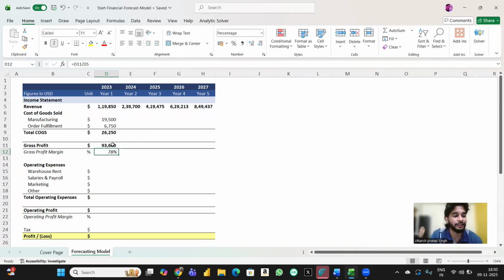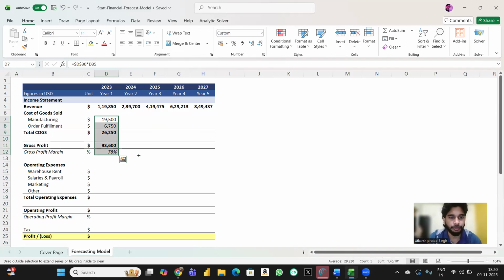We have taken a textile company, an online e-commerce business. So what would be the revenue which the company generated for the 5 years? As we can see, there was growth from 2023 to 2027, and we also included the cost, the total cost, the gross profit, and the percentage change in the gross profit margin. So now for every year, we are going to just do this,